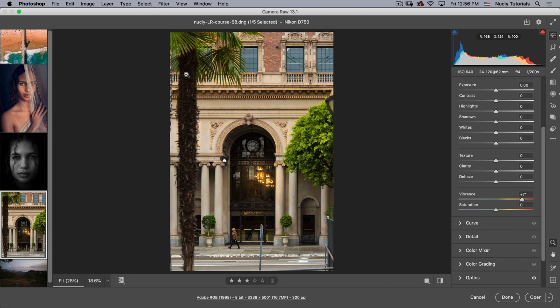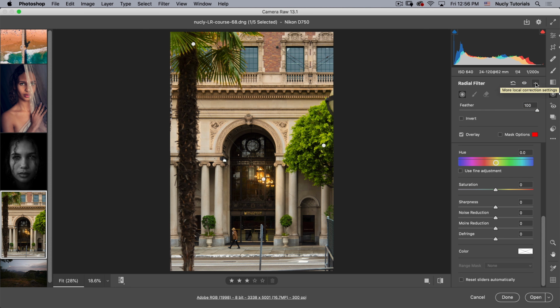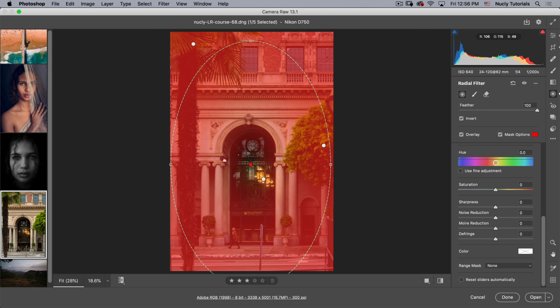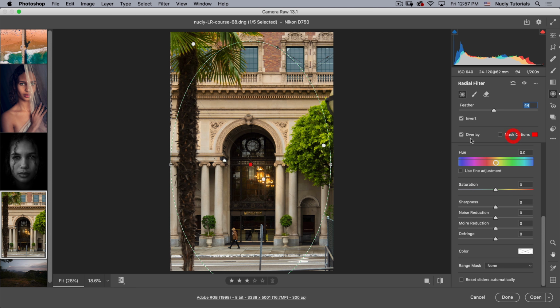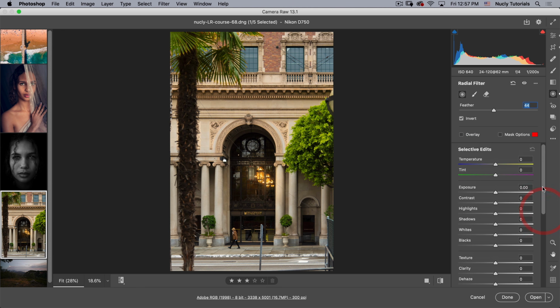And then I want to vignette the whole image. So I'm going to use a radial filter to do that. I'm going to reset it and then go like so. I'm going to invert it, make sure that it's applying it to the outside. Now you'll see that my feather's probably too strong, so probably somewhere around there. And then we'll take down the exposure and maybe punch up or take some of the warmth out of these shadow areas. All right, so pretty happy with